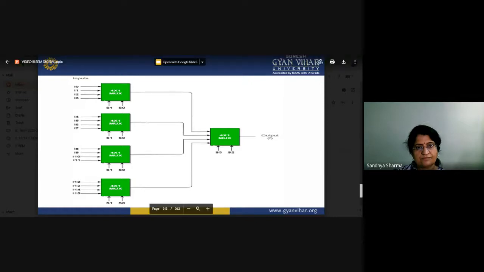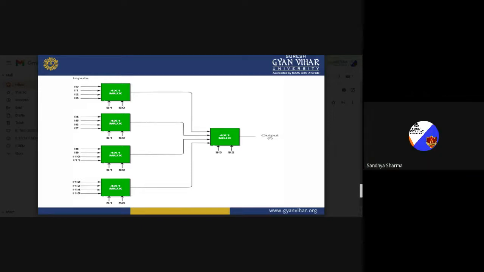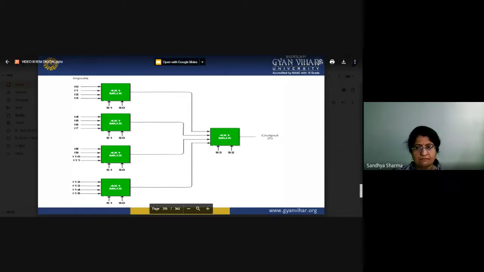So for a 4 to 1 multiplexer, there are 2 selector lines, you can see here. These are the four inputs, and after that you can merge the outputs of the 4 to 1 multiplexers into another 4 to 1 multiplexer, and then we can get the output. So by using sub multiplexers, or a very small part of the multiplexer, we can also design a multiplexer with a large number of lines.